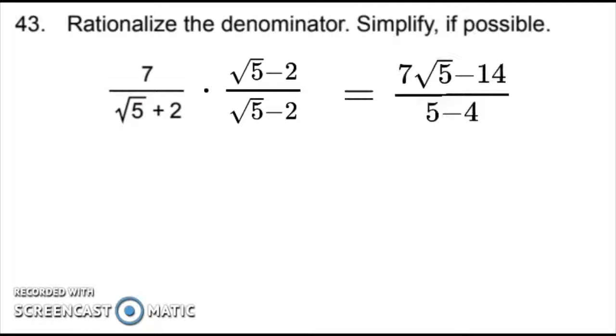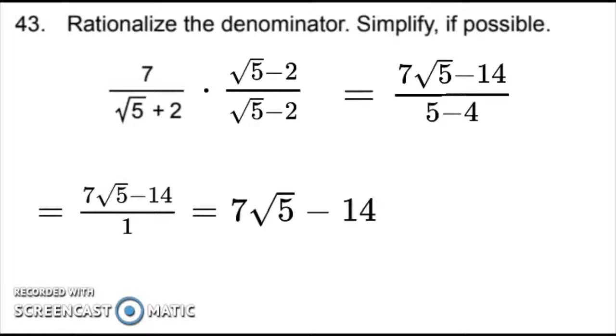So up top, we'll have 7 radical 5, and then 7 times negative 2 is negative 14. At the bottom, we'll have radical 5 times radical 5, which is just 5, because radical 25 has a square root of 5, and then 2 times negative 2 is negative 4. So then 5 minus 4 is 1, which leaves us with just 7 radical 5 minus 14 as the answer